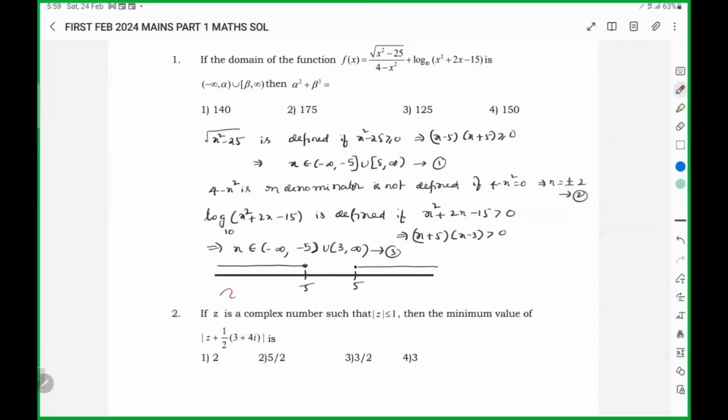Open interval means all points except this one, so we should not take minus 5. Here is 3 to infinity. For these two, the common part will be minus infinity to minus 5 union, here 5 is included,